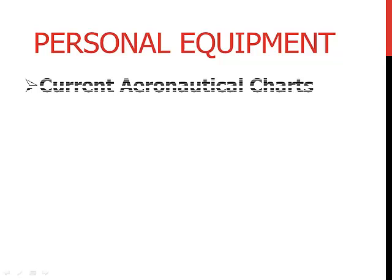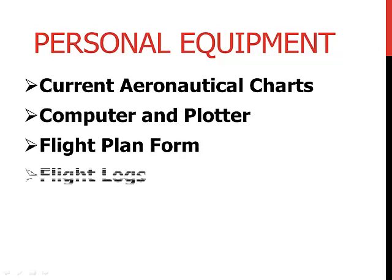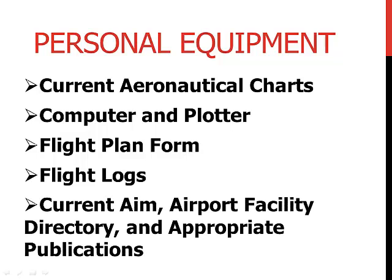Personal equipment: current aeronautical charts, computer and plotter, flight plan form, flight logs, current AIM, airport facility directory, and appropriate publications. And as far as I know at this time, you still have to have all this stuff. There's a lot of people asking, well, can I use my iPad or my iPhone, or this electronic gadgetry? And unless something's changed I haven't heard about yet, you still have to have the